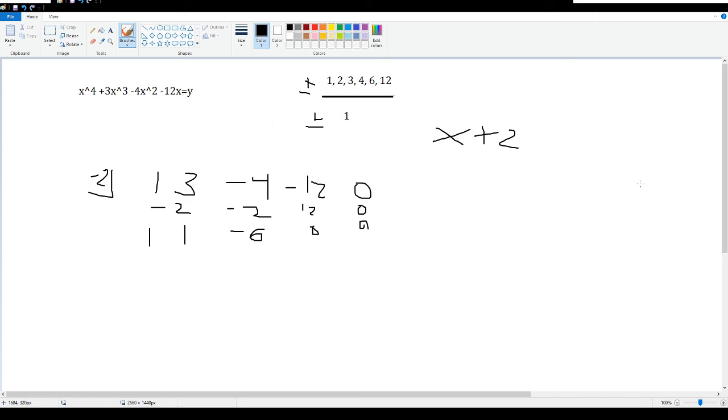So the next thing we can do is, because the answer only has 3 parts to it, because this got eliminated and is now 0, we can use the quadratic formula to figure out the other 2 roots. Even though there are 4 roots, we already know that one of them is 0, because there's no constant. We know that one of them is x plus 2, so there's only 2 left, so we can use the quadratic formula, which when you apply it to this, it's 1 plus or minus